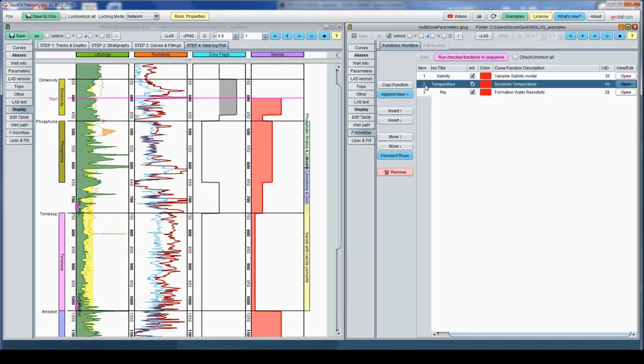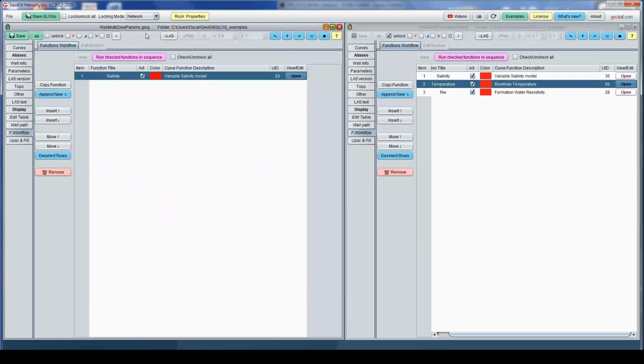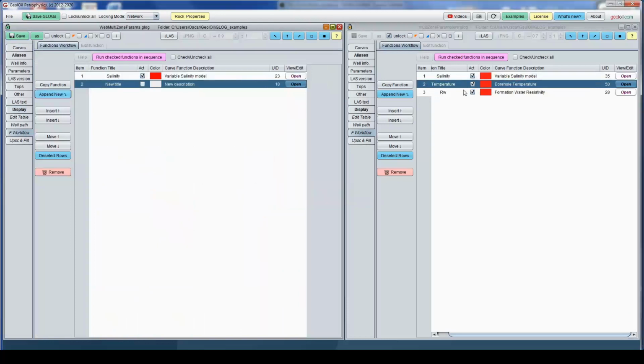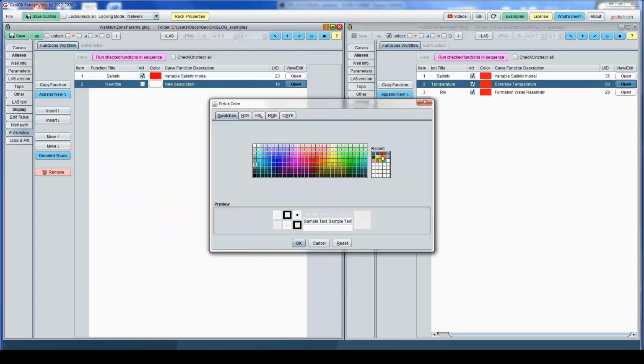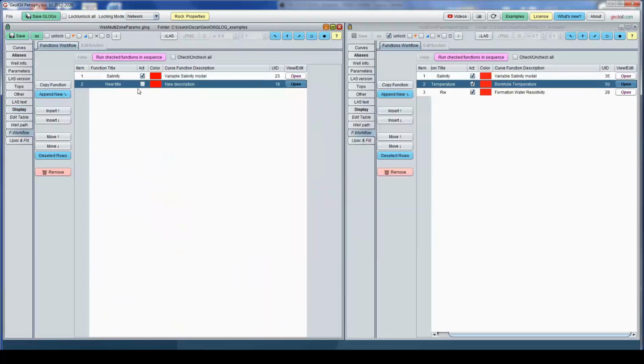Function workflow. Okay. For that, we need to define temperature and formation water salinity. The next workflow defines a default temperature. So if you do not know too much information on your well, your temperature profile, you can define a default.